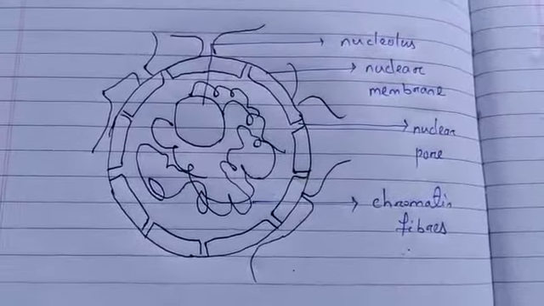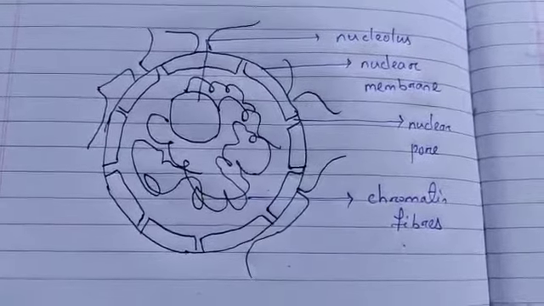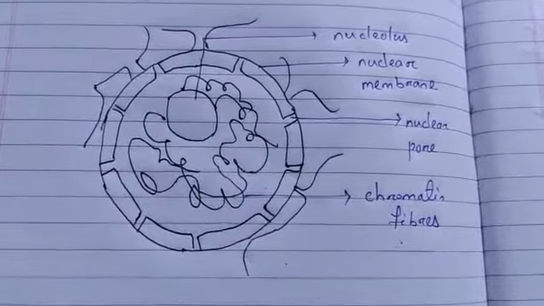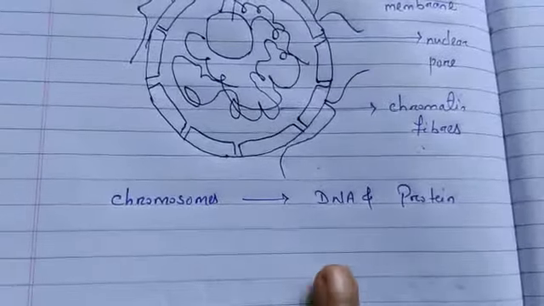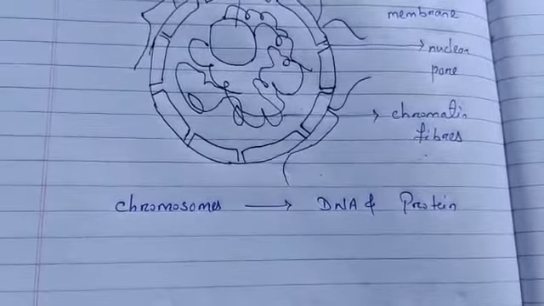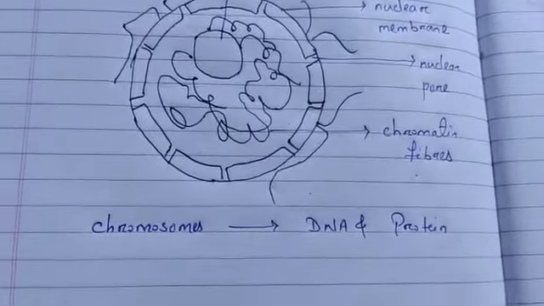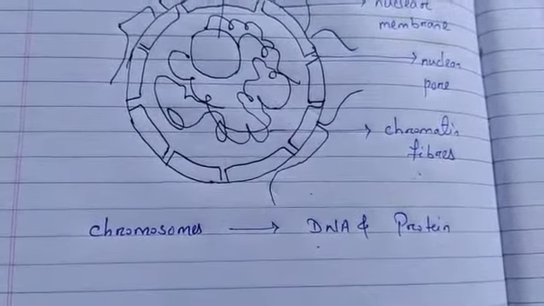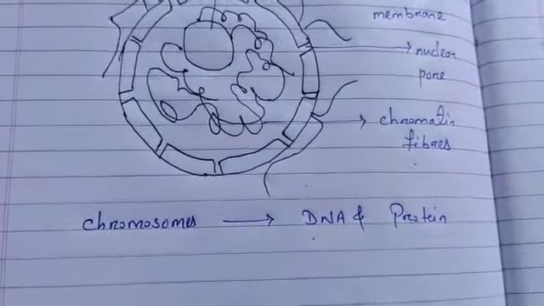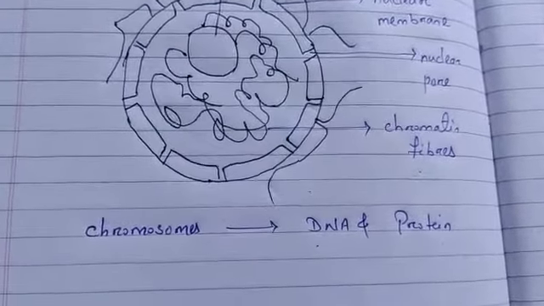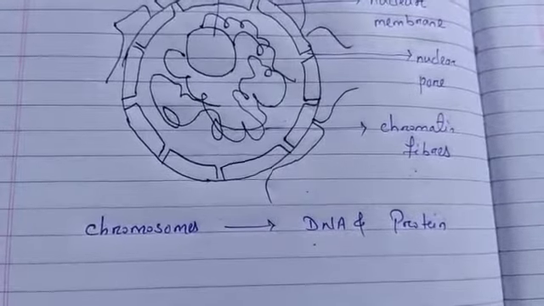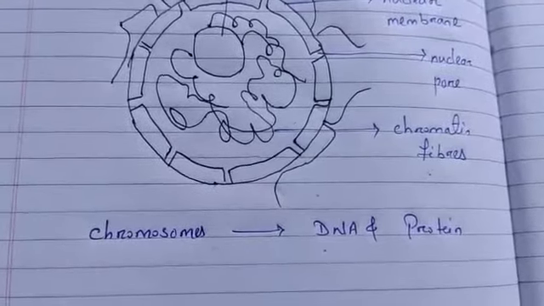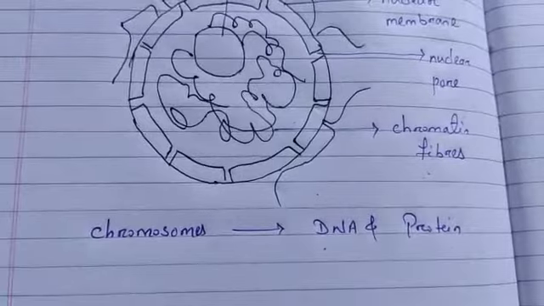The full form of DNA is deoxyribonucleic acid. Chromosomes are mainly composed of DNA and protein, and they contain the necessary information for inheritance of features from parents to the next generation in the form of DNA. DNA molecules contain the information necessary for constructing and organizing cells. The functional segments of DNA are called genes. Because of DNA, the inheritance of features is transferred from parents to the next generation.